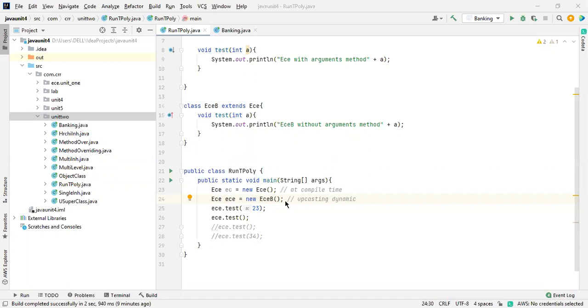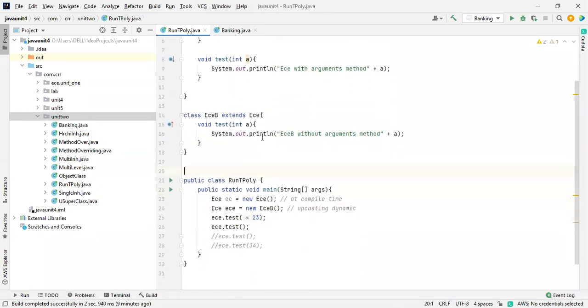This example is enough. The object creation will happen at compile time, and if you use a child class and upcast like this, that's why people call this polymorphism and dynamic binding.